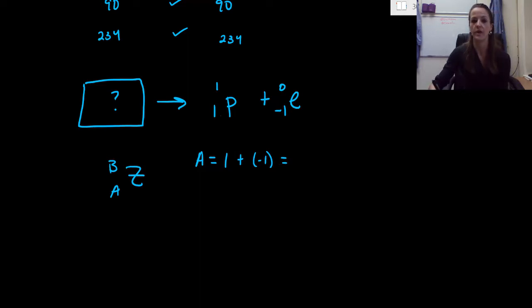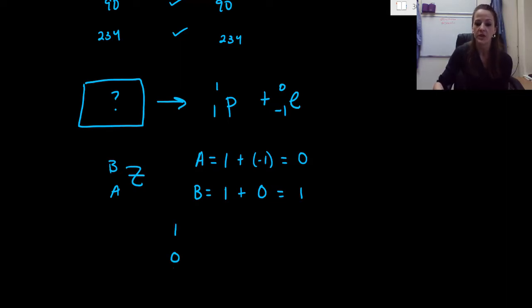And so we have a 1 plus -1, that is definitely going to be equal to 0. So our atomic number of our element Z is going to be 0, or particle Z, I should say. And then we have a B, so this is going to be our mass number, so this is our superscript. So for our proton it's a 1, for our electron it's a 0, so 1 plus 0 is going to be equal to 1. So now we know that we have a 1 on the top, we have a 0